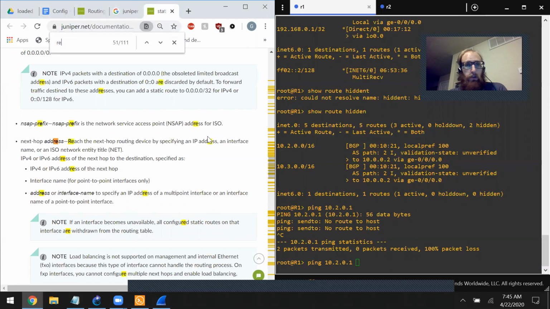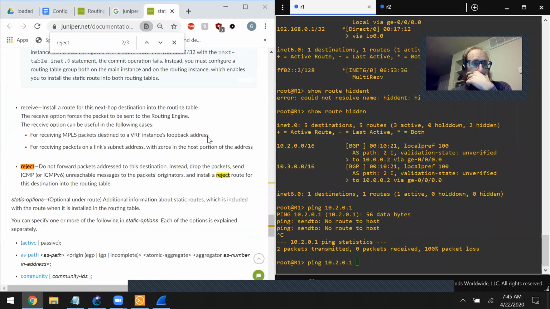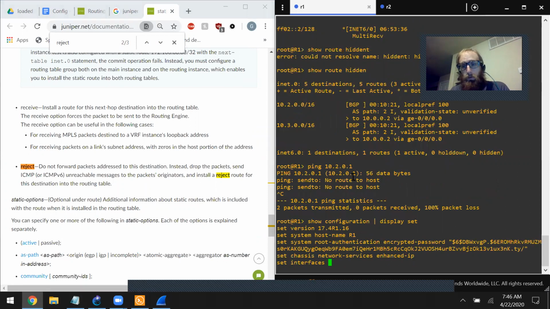Let's look up the reject. Do not forward packets addressed to this destination. Instead, drop the packets, send ICMP unreachable messages to the packet's originators, and install a reject route for this destination into the routing table. So let's hopefully quickly, in the 4 minutes I've got,